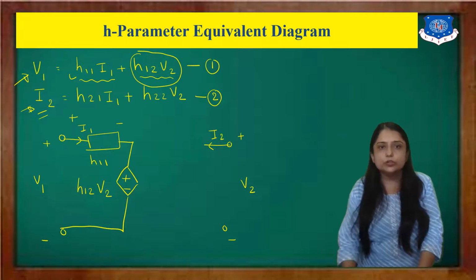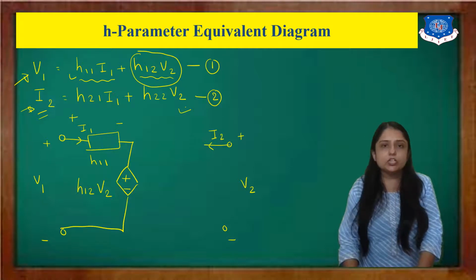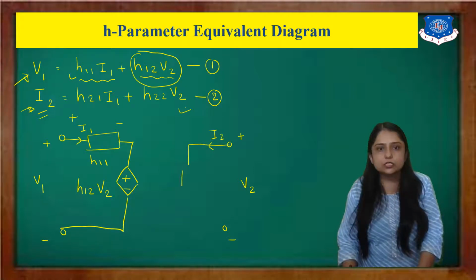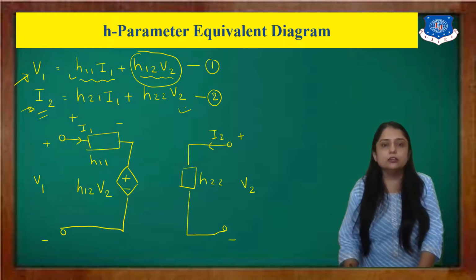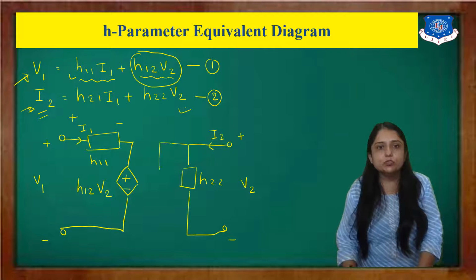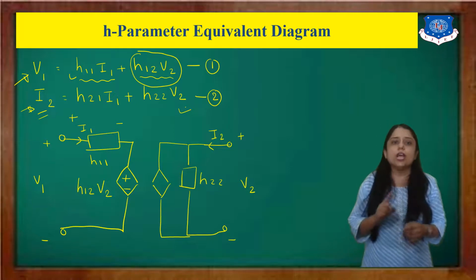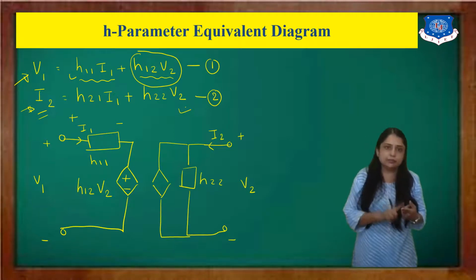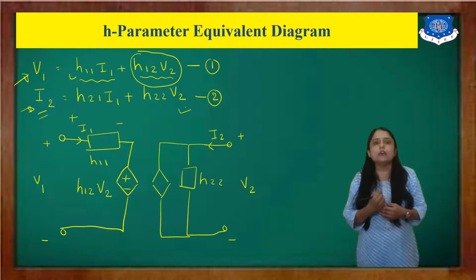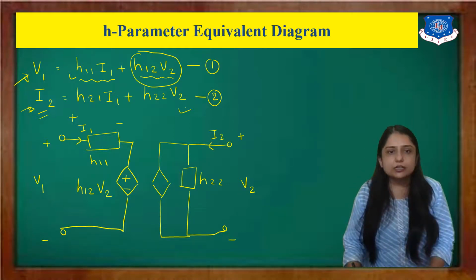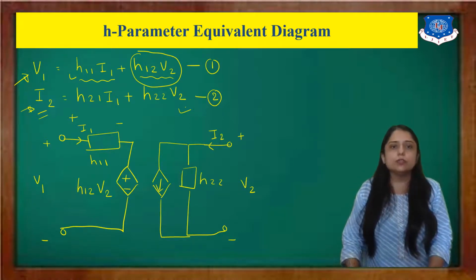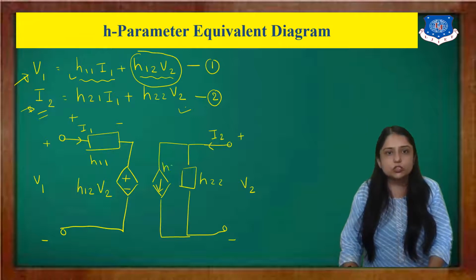See here I2 is there, then you just think about the another variable of the output. That is V2, here it is. So H22 is a multiplication of the V2. So here just you draw the H22 and here you just make the dependent source. So each and every parameter, what we have? We have one dependent source at input side as well as at the output side. And we know it's a current, so the direction is what? It's down. And the value of this is H21 into I1.